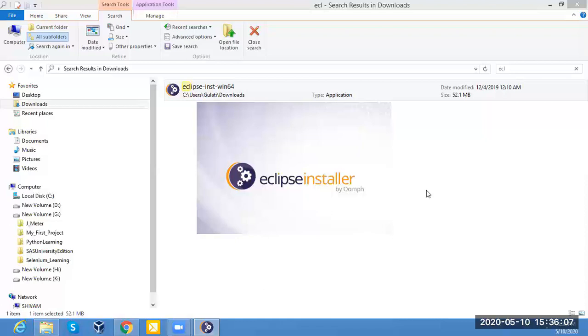So after that you have to install this file in your system.